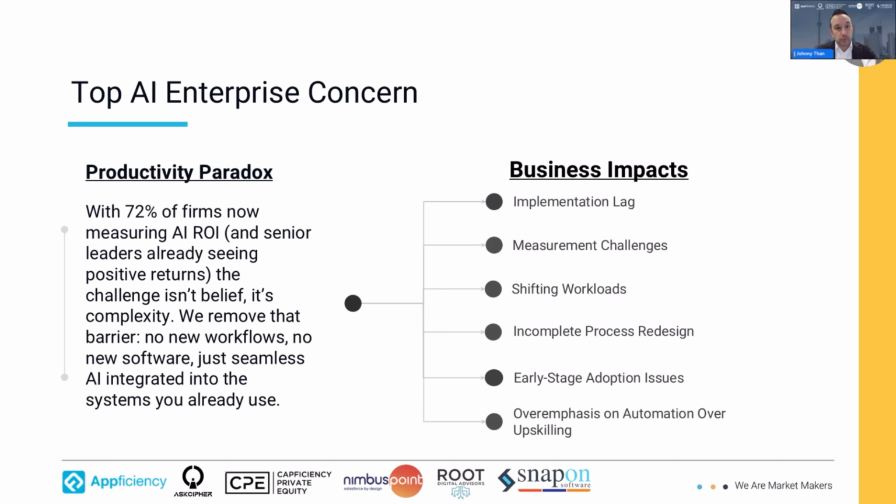You also see shifting workloads, and so people moving their workload from document heavy work to now thinking heavy work. And it's funny to note that even for us, we've seen our consultants go from having to be more rote and process and procedurally oriented to now going back to almost like liberal education, thinking creatively and being able to think strategically, because the AI can do a lot of the heavy lifting on the rote and procedural work.